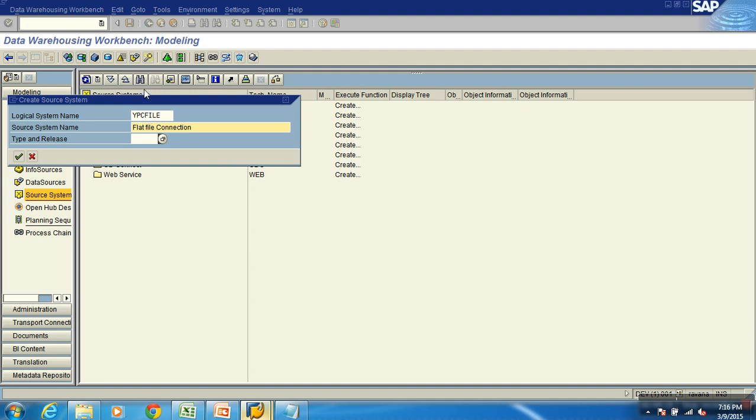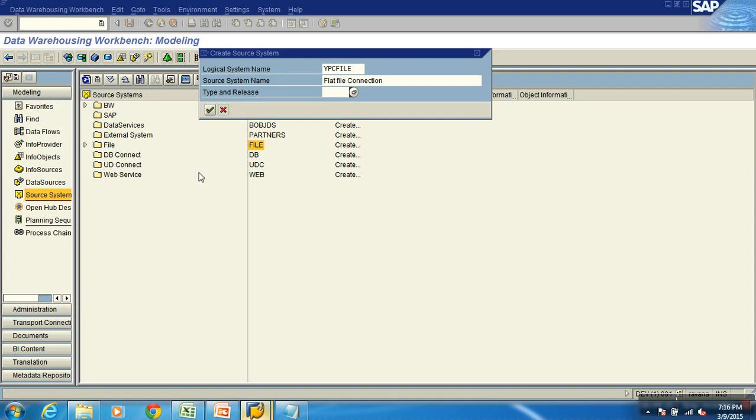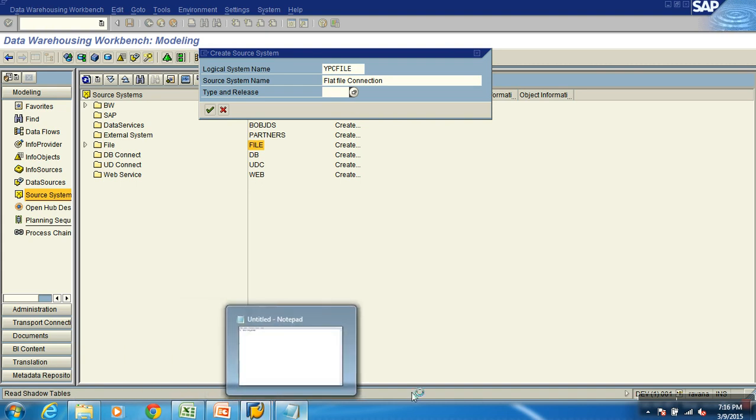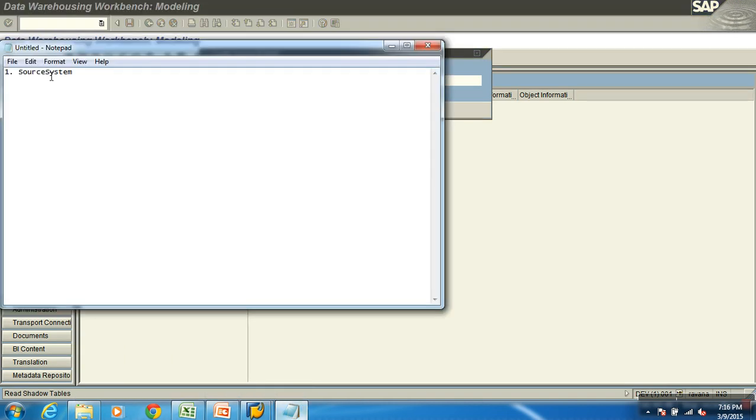Okay, if it goes slow, you can observe the message at the bottom. What does it say? Generating iDoc basic types and configuring port. Okay, don't worry about that, it's all done internally. So what I've done is just established a connection between my source application and target. If you're extracting from ECC, you would have created a connection between ECC and BW. That is what source system connection is. When I say create source system, I'm not creating the source ECC; I'm establishing a connection between ECC and BW. So there's a slight vocabulary confusion.